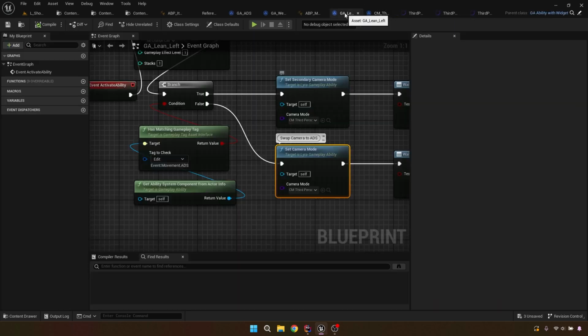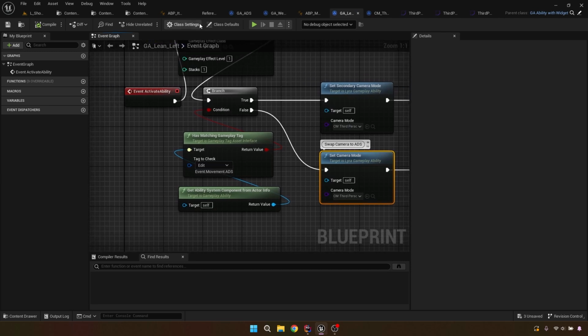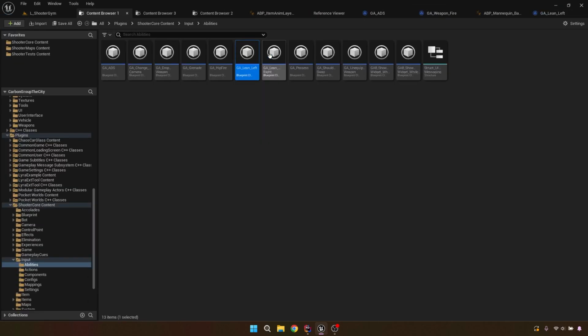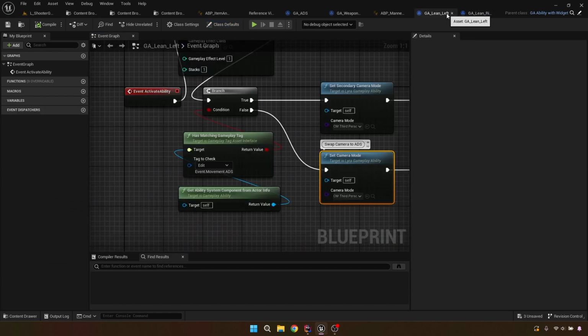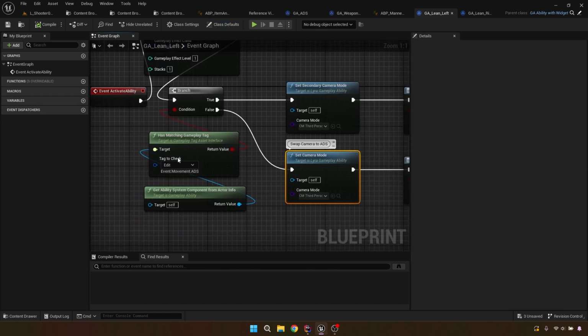Going back into the gameplay ability, the two gameplay abilities are pretty much the exact same. The only difference is I'm calling different cameras. Lean right. So lean left, we're checking to see if we're aiming down the sights. If we are, we're adding a secondary camera and we're doing the lean left. If not,